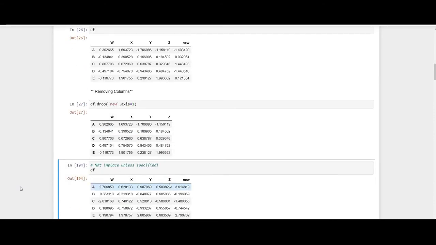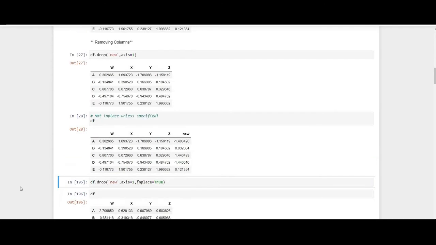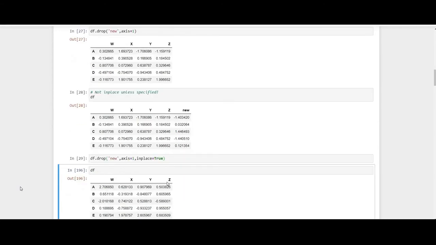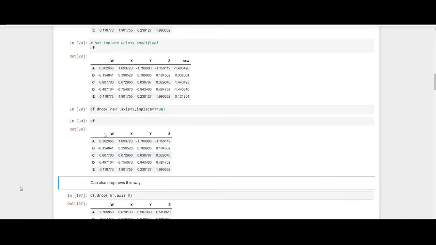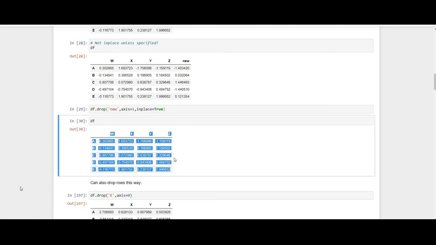The drop method will remove this new column, but whenever you print that data frame, you receive that new column again and again. If you want to delete it permanently, then set the inplace parameter equal to True in the drop method. Here I specified inplace equal to True. That means it will delete that column permanently. And when you print that data frame, it will give output which will not consist of the new column.